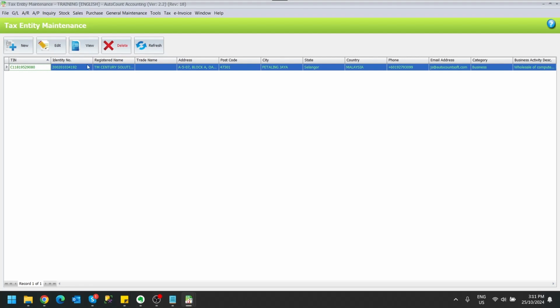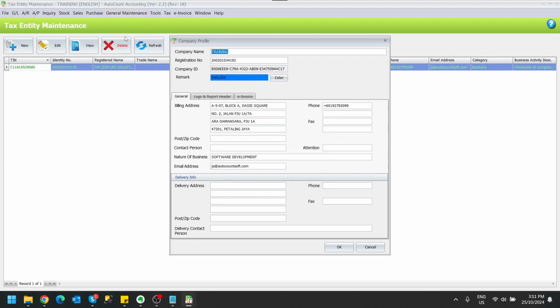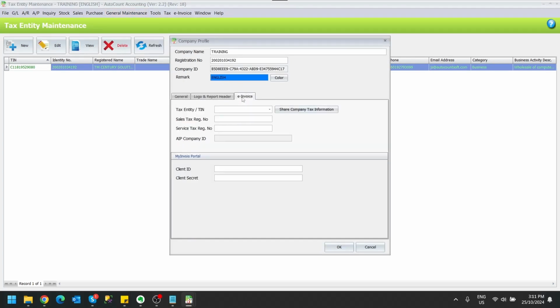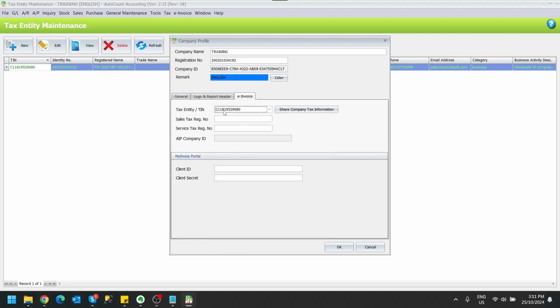Okay, next, after you have created this tax entity, you will need to link it up to your company profile, your own company. So we have to go to general maintenance, company profile. Okay, look into this e-invoice section. There is a section for e-invoice. So you can select from the tax entity field the tax profile or the TIN number that you have just created. Okay, so after I've selected this,